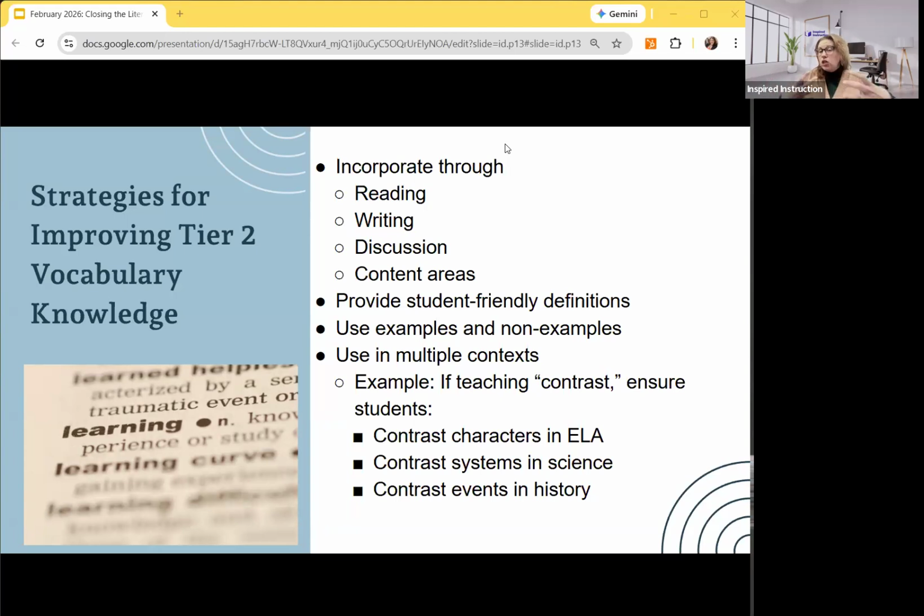A lot of times, especially with my multilingual learners, I would have student-friendly definitions of these words in addition to the dictionary definitions up on my word wall, give examples and non-examples, and most importantly, use them across multiple contexts. So if I'm a building administrator and I'm really trying to close that literacy gap, I might do